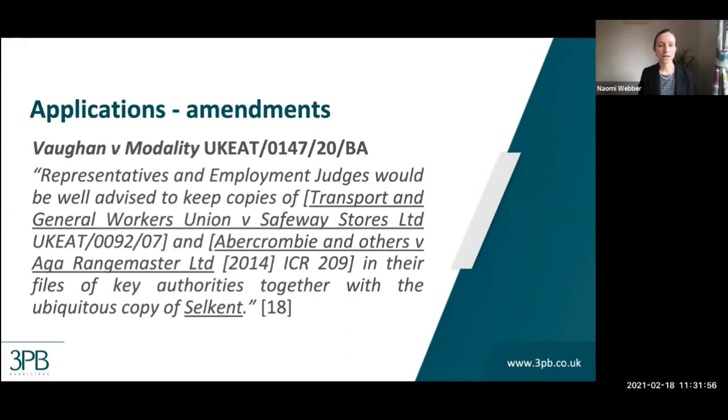The third ground of appeal was that the claimant argued that late disclosure by the respondent had given rise to the two additional protected disclosures which she then sought to rely on. The EAT was unimpressed by this ground, pointing out that the claimant herself must have been aware of protected disclosures that she had made, and therefore that ground was also rejected. So those were the three grounds of appeal. However, the most useful part of the judgment is the guidance given by the EAT on how to approach applications to amend.